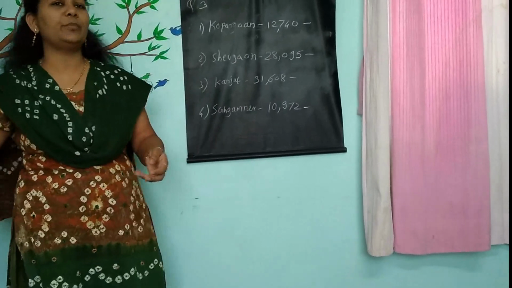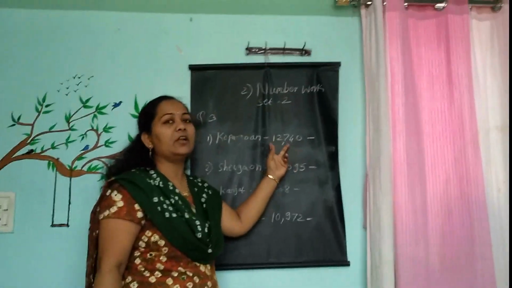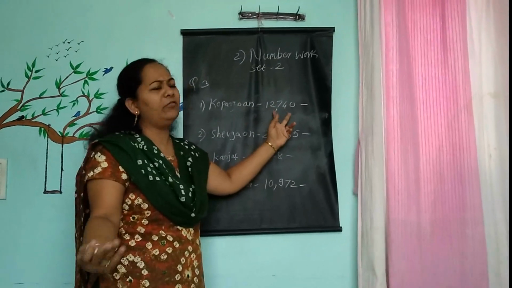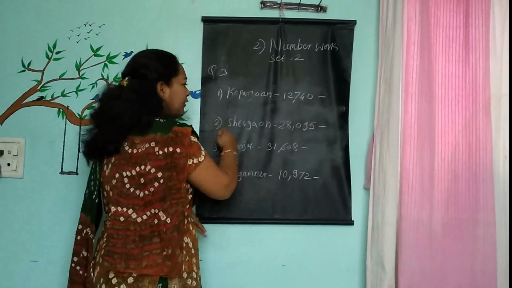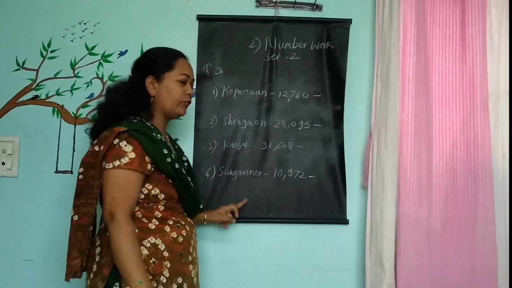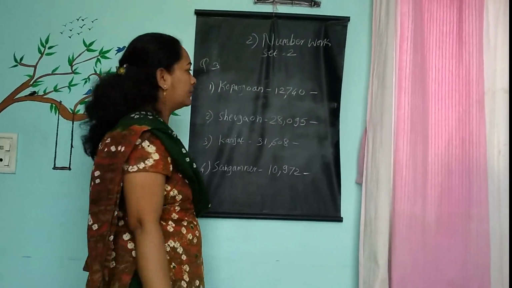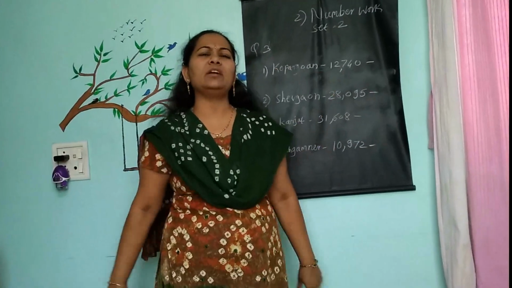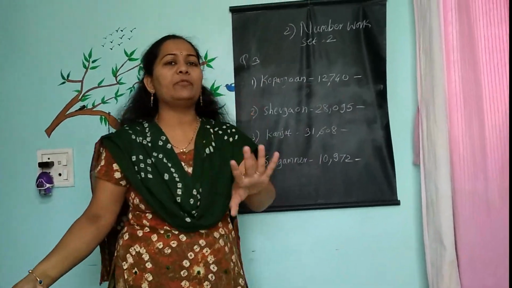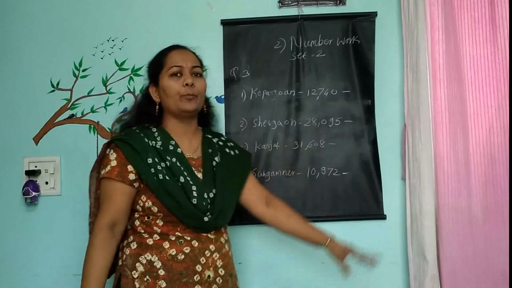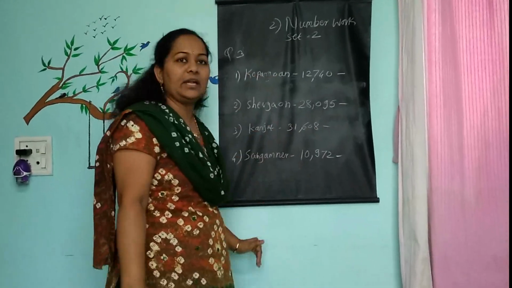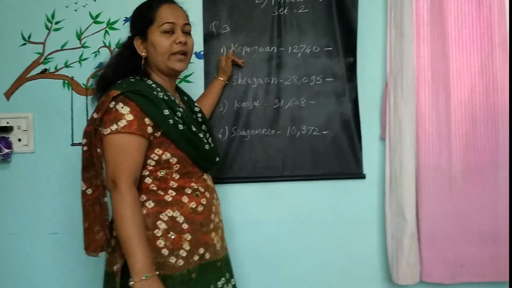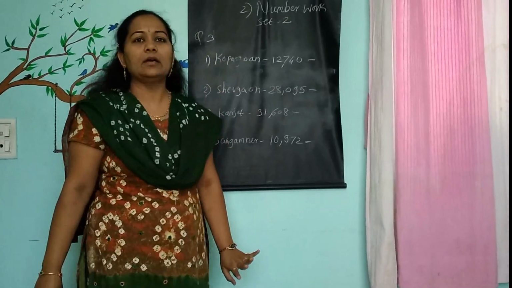The question simply asks us to convert the number written for each village into words. First, I will take the first two; the third and fourth you will complete as homework. They gave the question in a chart method, which you write as it is, but for writing the answer there is no need to make a chart. You can write separately, two lines each, the taluka name and then the answer.